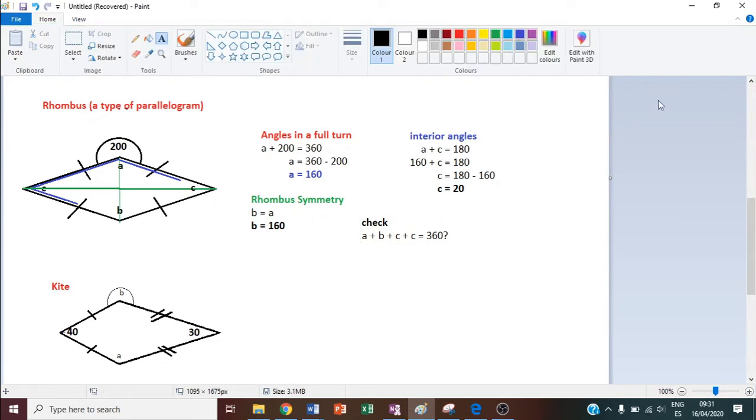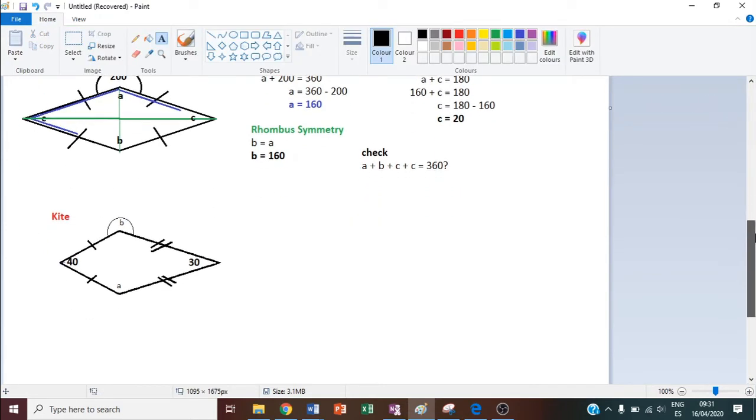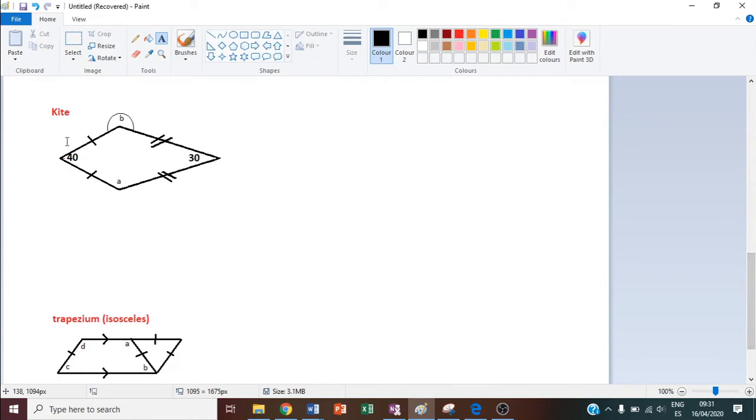Right, let's go on to the kite now. So this kite, as I said, it's got two pairs of equal sides. It's also got a line of symmetry. So I'm going to start by showing you that. Here's my line of symmetry. Knowing that this side is equal to this side and this side is equal to this side, I've got my line of symmetry here,